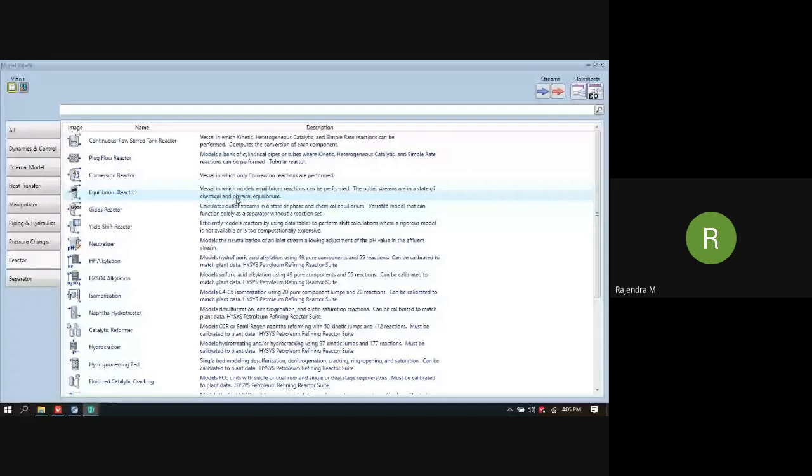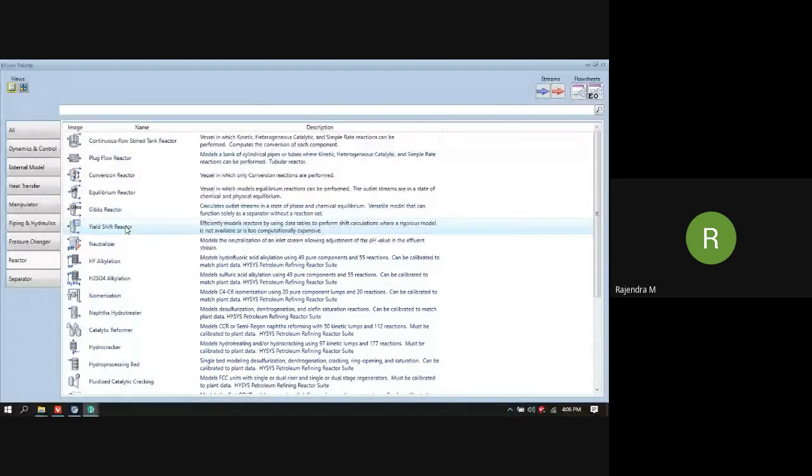Now there is the yield reactor. Based on the yield of a particular reaction, you can model the reactor. In reaction engineering, you know how to calculate the selectivity. You can calculate the yield of the various reactions. So here, in a similar way, you can use this reactor, and based on this, you can calculate the outgoing composition. This reactor does the calculation based on the rigorous model, and based on the shift. It's called the shift and yield reactor.